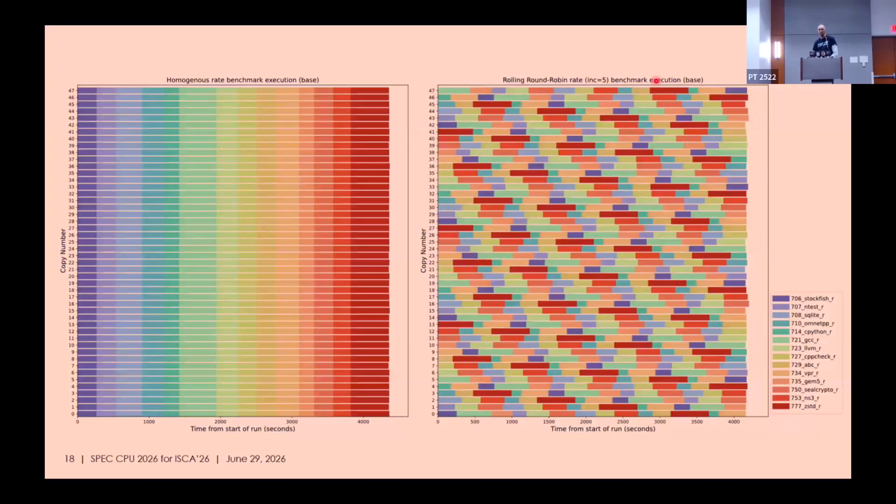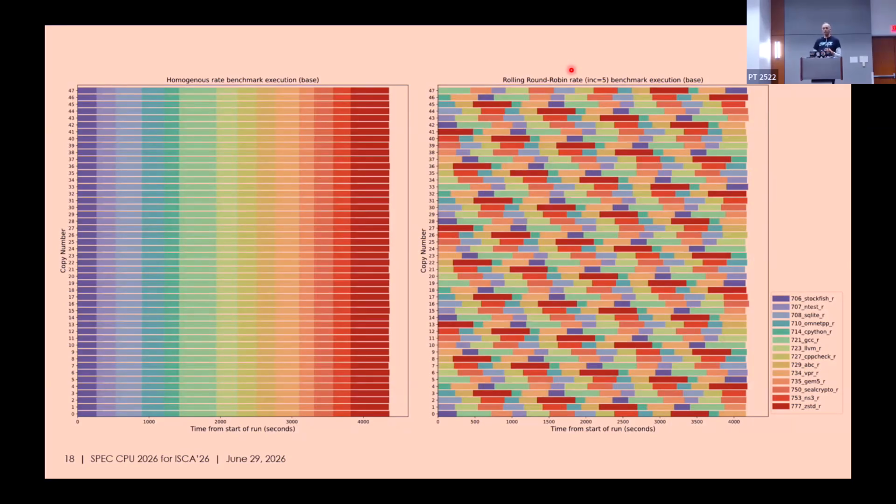In the heterogeneous workload, you are still doing the exact same work between the right side and the left side. On the right side, each core at any given point in time is affected by noisy neighbors and could be impacting others because it is a noisy neighbor. It starts to expose these kinds of things. The cool thing is that this is reproducible and deterministic. When you run it on the same system multiple times, because the schedule is fixed, you still get the same answer as many times as you run.